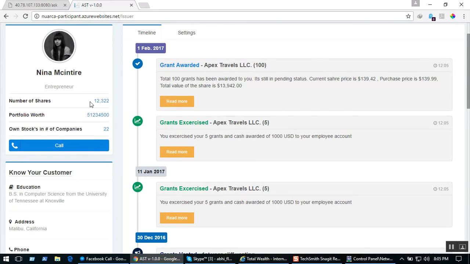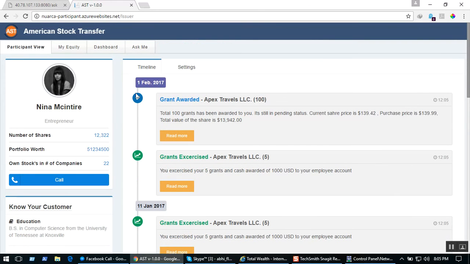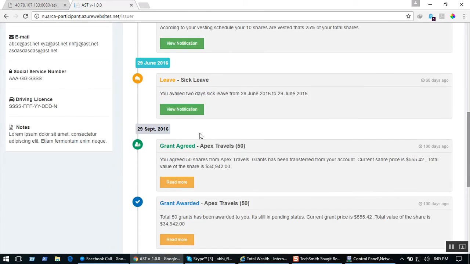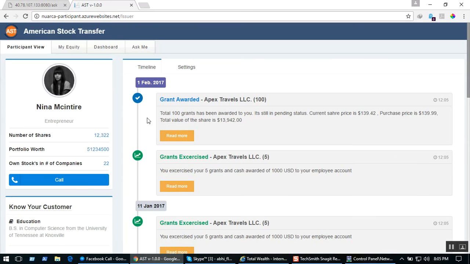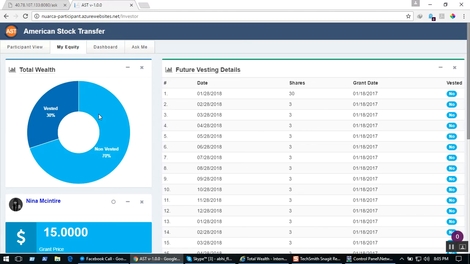She has X number of shares and a portfolio worth a certain amount. Support people can also log in as that person, see some of these things, and call the person. This is basically a timeline of grants awarded and grants exercised, and one person can see his or her timeline. And if we go into my query screen, we can see that